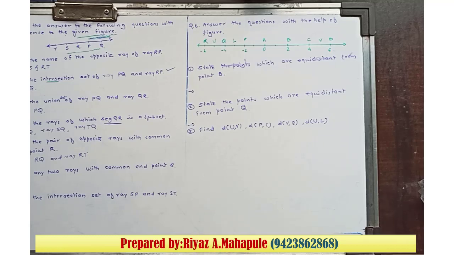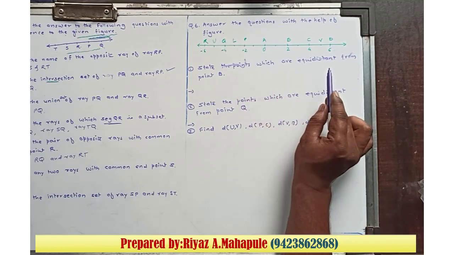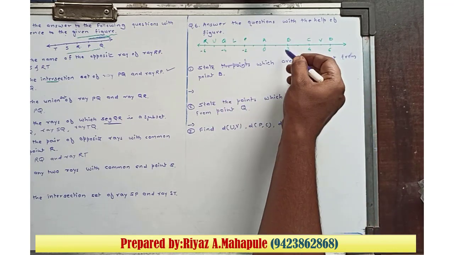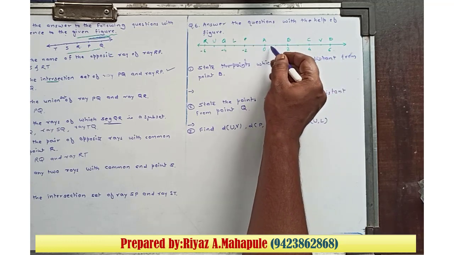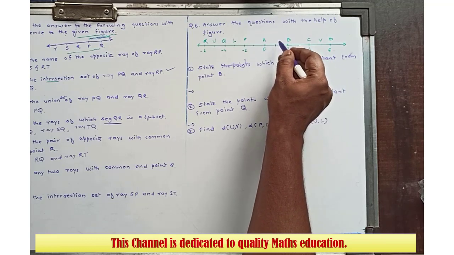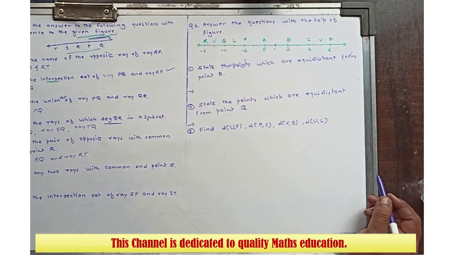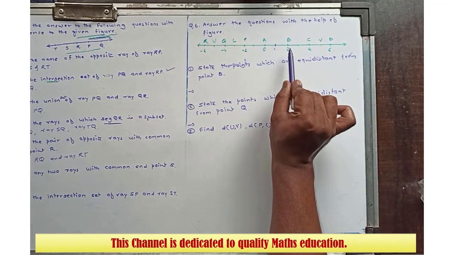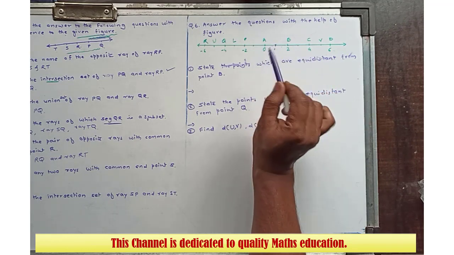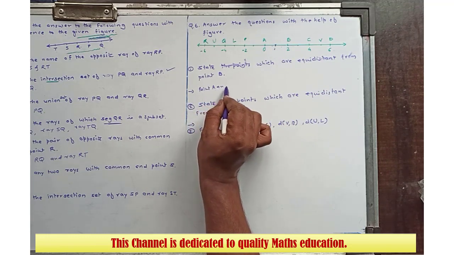Now the question number 6 is write the answers with the help of the figure. State the points which are equidistant from point B. Point B से equidistant points. So here on every one unit, suppose this A is 0, then here 2, and in between them there is only a point notation, that means that value we can take as 1. Okay, so state the points B से equidistant points, so here 1 unit, 2 unit, here 1 unit, 2 unit, so points A and C, first pair is points A and C.